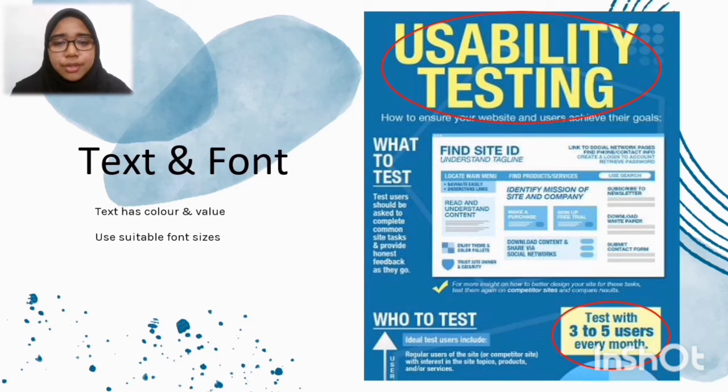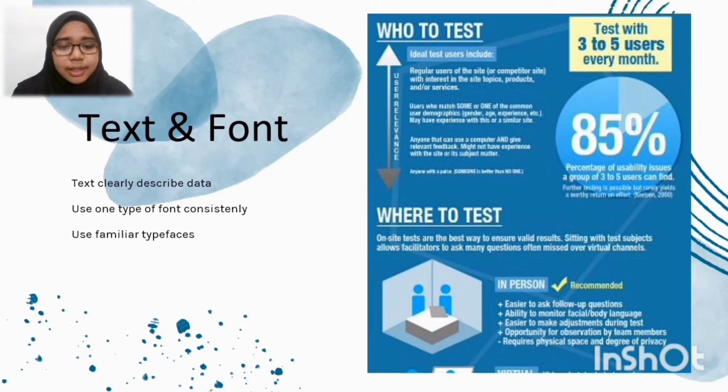Then they use suitable font sizes, so the reader can differentiate between title, topics, and explanation, and this varying size helps to achieve emphasis. Other than that, the text clearly describes data and appears near relevant information. Lastly, the designer used one type of font consistently throughout the infographic. They also use familiar typefaces, so the readers will be able to read the text more quickly and easily